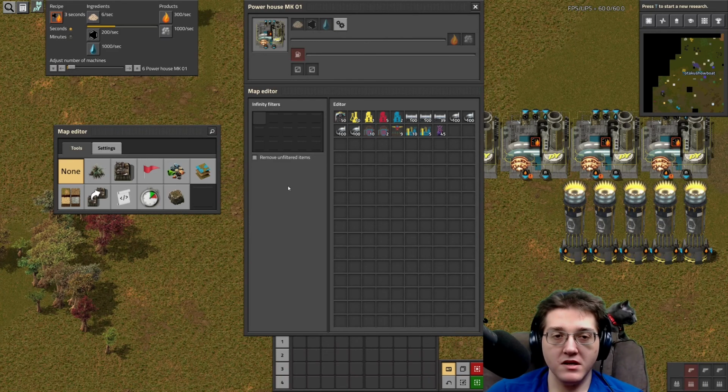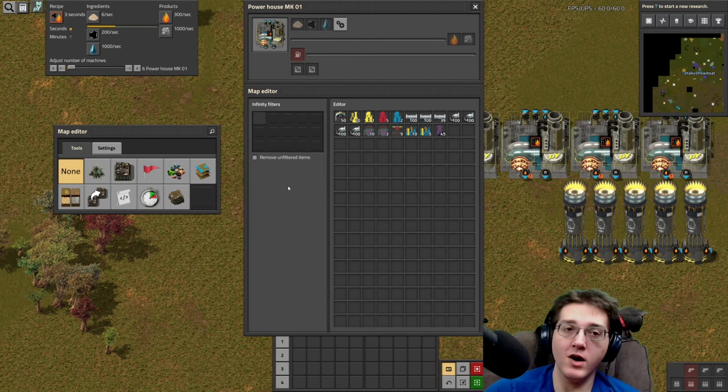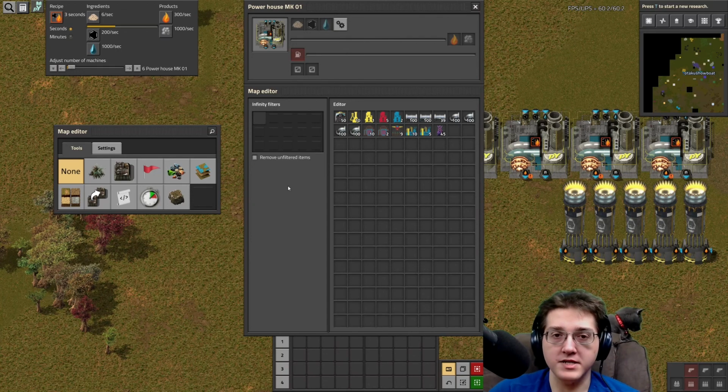So, that's the first thing to note, is that there's this little intricacy with the water and steam. You do have the option to do a closed loop of water by using cooling towers in here. However, the way that I have been preferring to do this is to provide a consistent source of water through a separate mod, the stone water wells mod. You could just as well do something like water fill that makes a unit of water on demand, or